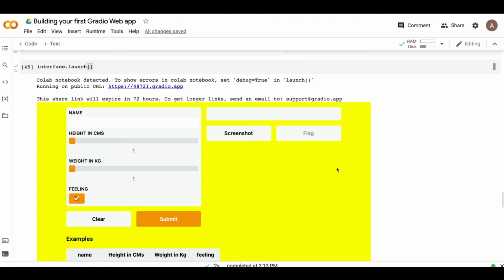In the previous section, we learned how to improve the user interface and user experience of our Gradio web application. So we learned about examples, we learned about live mode, we also learned a little bit about state, and finally we learned about themes and CSS, custom CSS to redesign our Gradio web application.